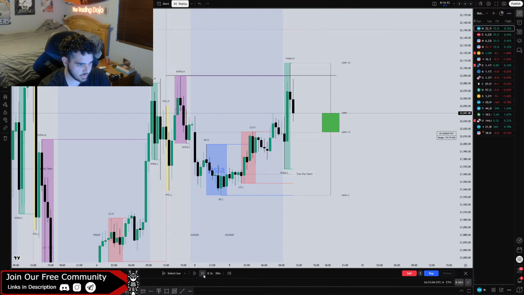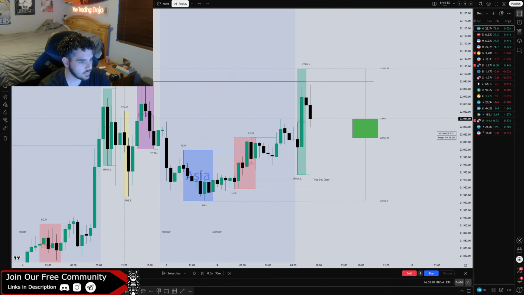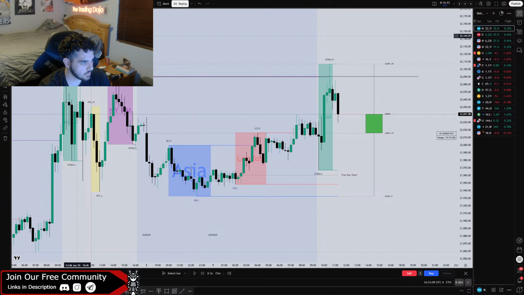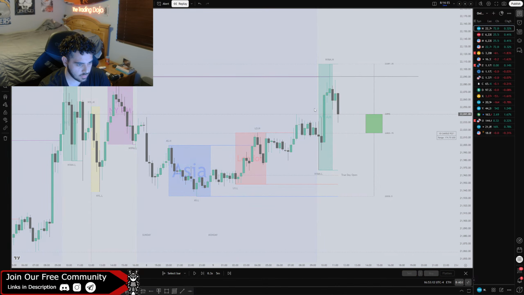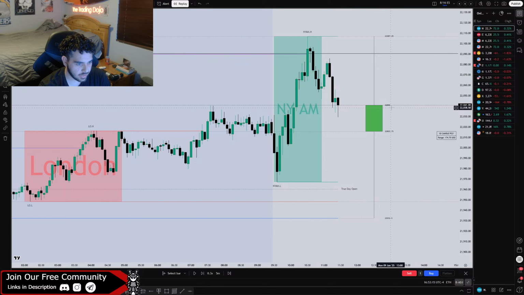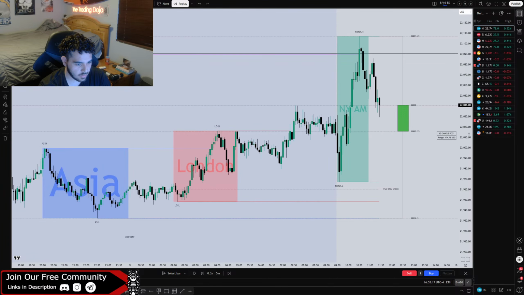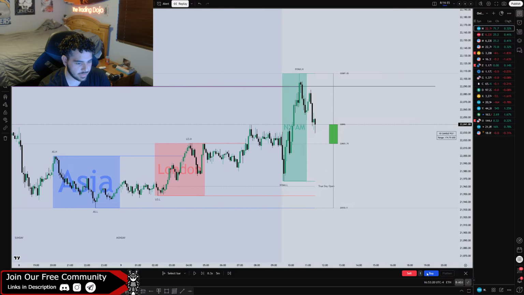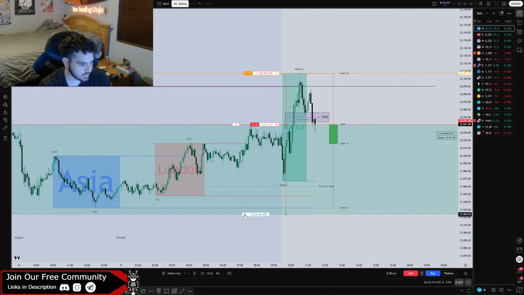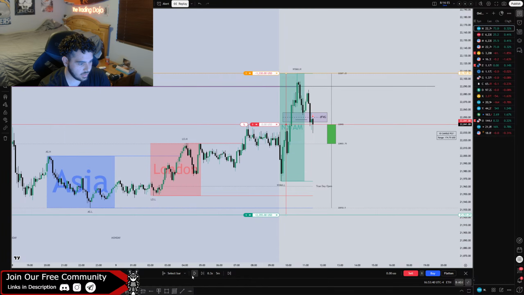Let's see if we take out some buy side. Okay. So I'm overall bearish right here. Let's just frame this off of a higher time frame perspective. So we've came down here. We have a shift, a market structure shift. This is just a general entry. This is not like a super crazy precise model entry. This is kind of just a bias entry. So aim for